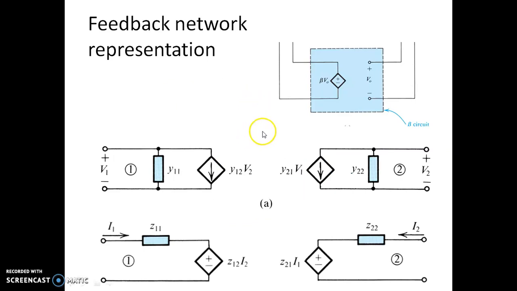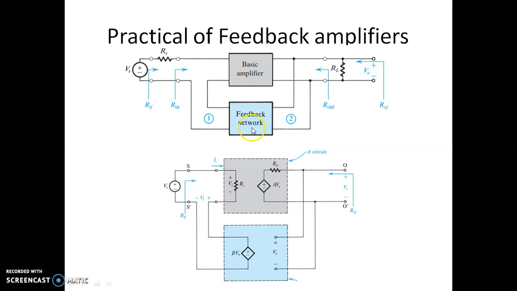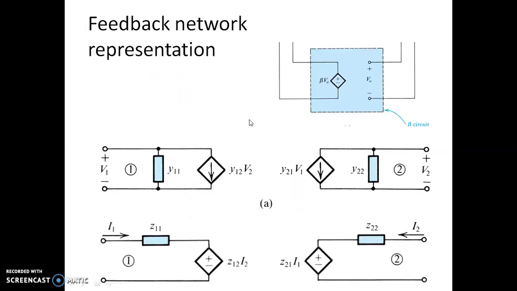Now, because we have a feedback network, it needs to be represented by some model, otherwise we cannot start the analysis. We know that we represent all basic amplifiers by a simple two-port network: there is an input impedance RI, an output resistance R0, and a voltage-dependent voltage source which depends on the input voltage, with a gain of A, which happens to be the open loop gain. Similarly, we are supposed to represent the feedback network by an equivalent circuit. So let us see which one gives such a network.